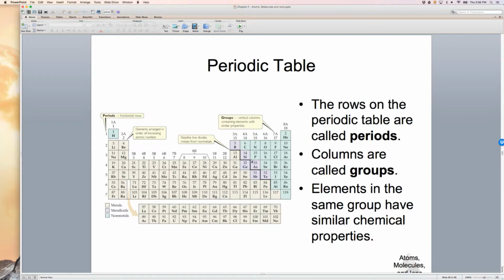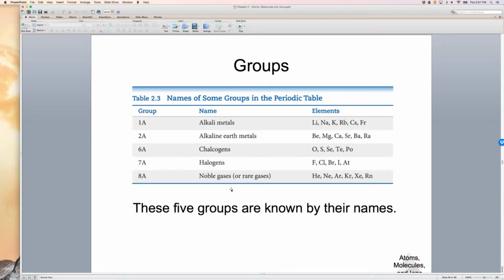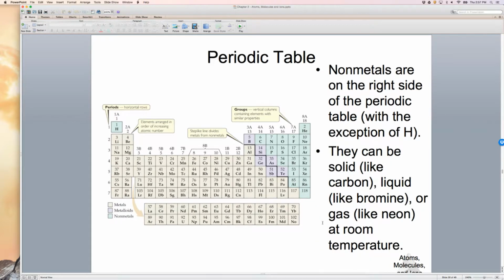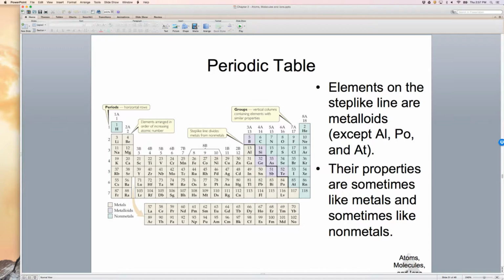And then on this stair-step line are the elements that exist right in between the metals and the non-metals, and these elements are considered metalloids. They're purple, and metalloids are the best of both worlds, right? So here's the description of the metals: shiny, conduct heat and electricity, generally solid except for mercury. The non-metals on the right, again with the exception of hydrogen, can be solid, liquid, or gas at room temperature. And then the elements on the staircase line in the purple,